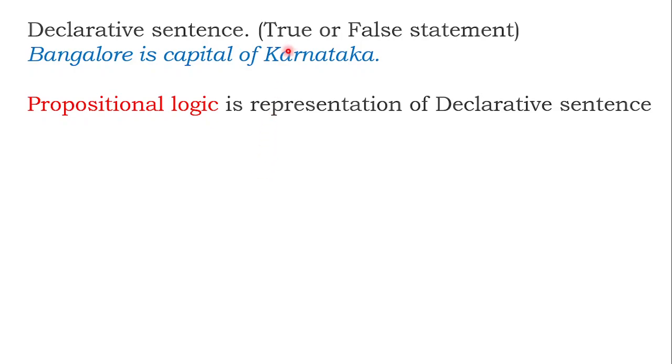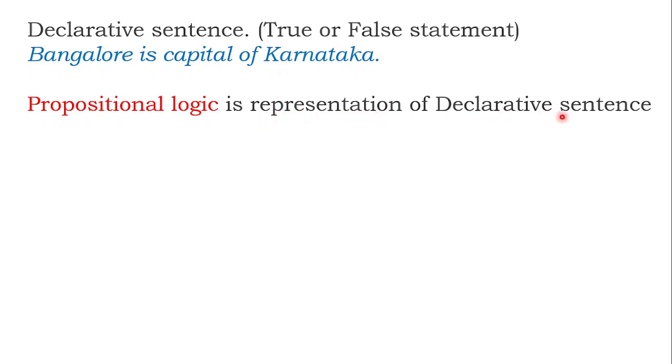A declarative sentence is nothing but a true or false statement. Bangalore is the capital of Karnataka. You all know it is a true statement. So when I include such a declarative sentence, we need a logic to communicate to the computer. That logic is called propositional logic. What is the meaning? Propositional logic is a logic which we use to communicate to the computer that represents